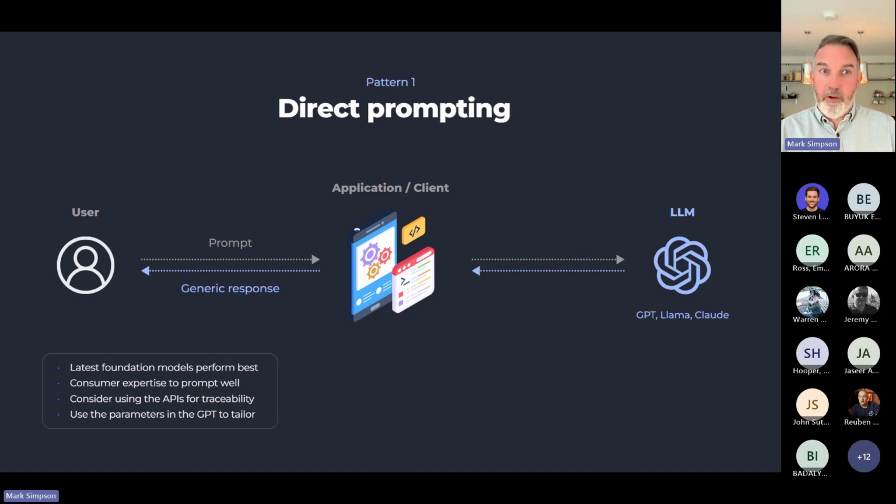We find with this, the latest models perform the best. They're the best at taking that context and applying it to what you need. We also think you should look into the parameters in the GPT to make sure they meet your appetite for creativity over risk, or safety over risking extra value. We also think you should be on the enterprise versions or using the APIs. If you want to build this into your other solutions, your portals or your Office suite, then consider using the APIs that are available with it.